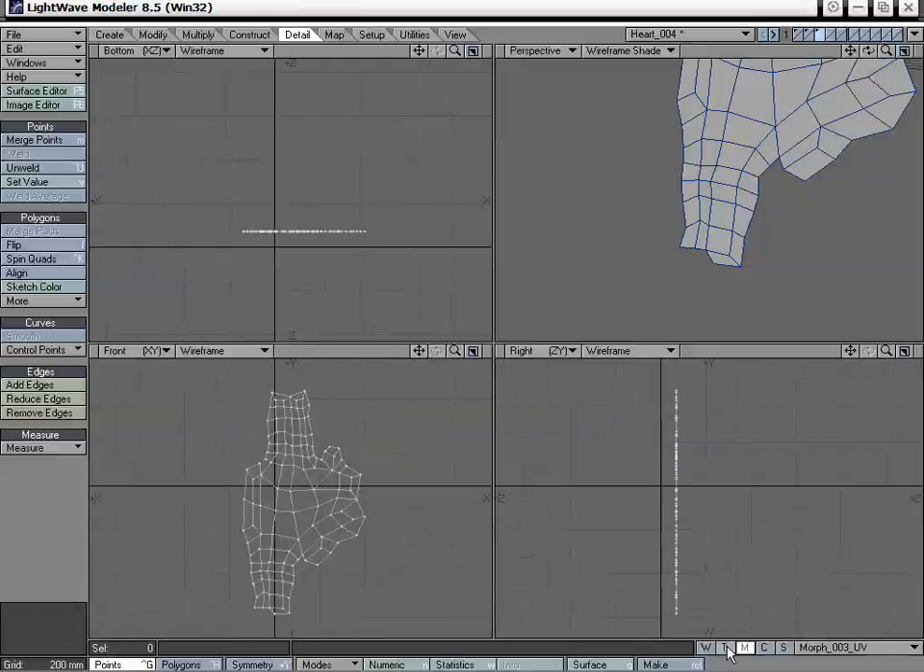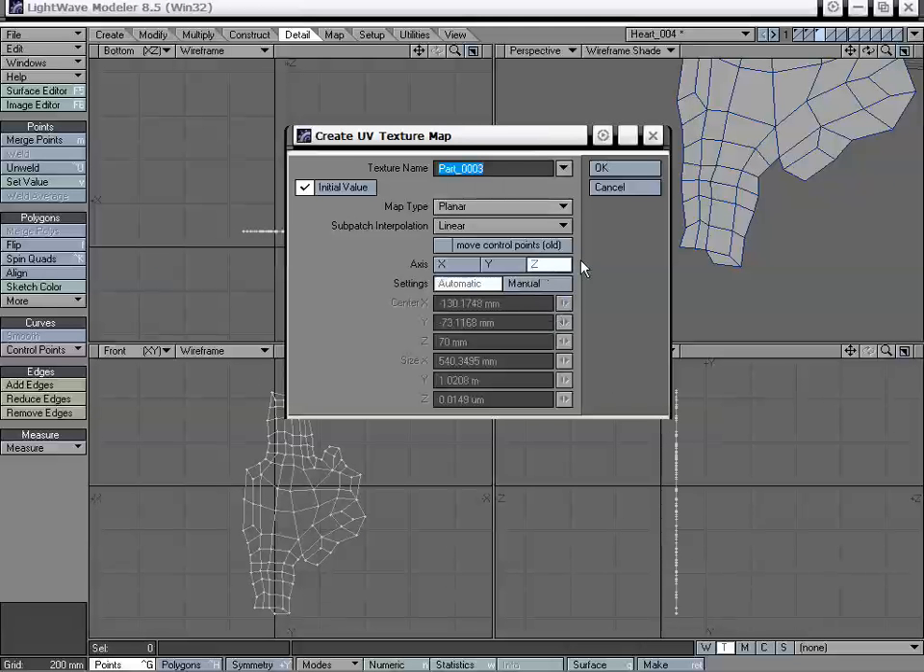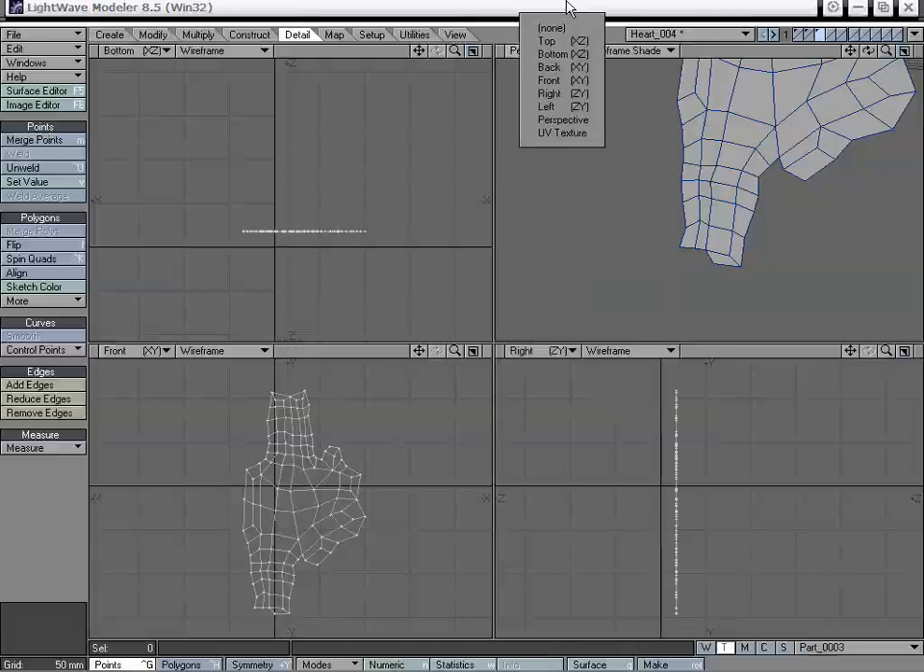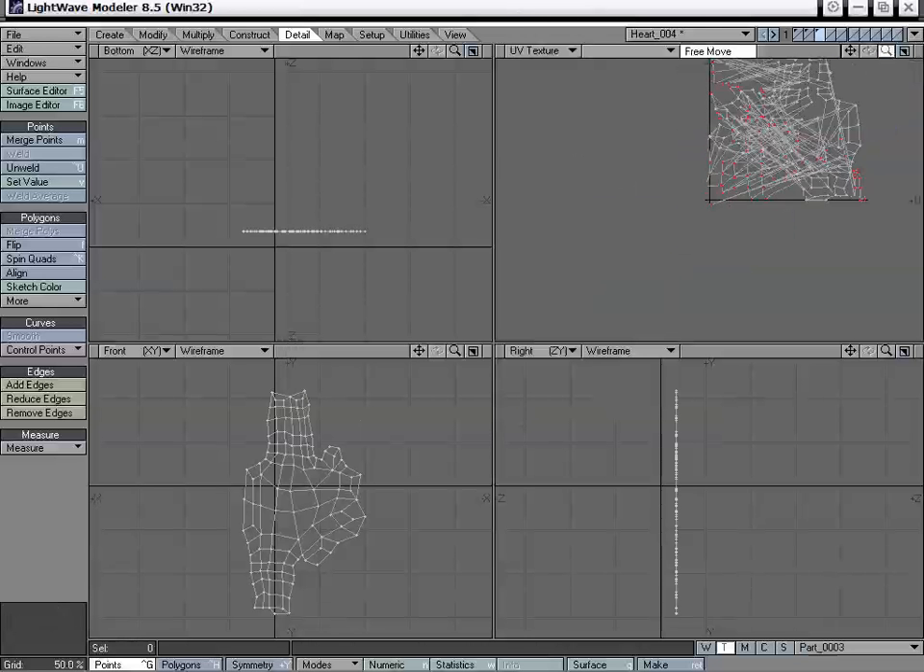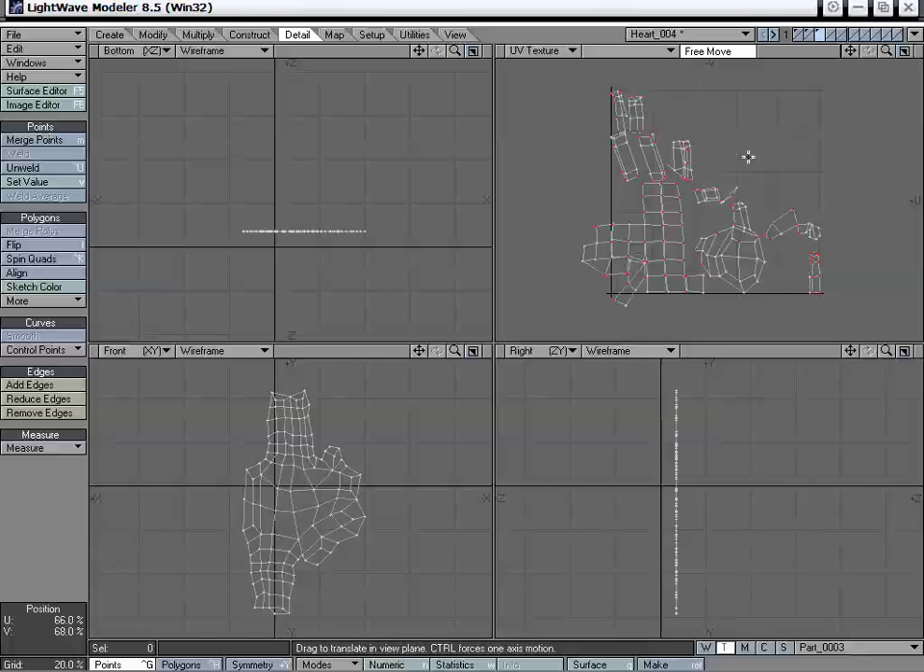Alright, so we're going to go to Texture Map and New, and I'm going to call this Part 3 and just overwrite that other one, and we're going to do it planar on the Z-axis and click OK. Now if we go to our UV texture, we'll see that it is really messed up. And the reason for that is we need to weld our points back together before we go ahead and create that UV. So I'm going to undo that,